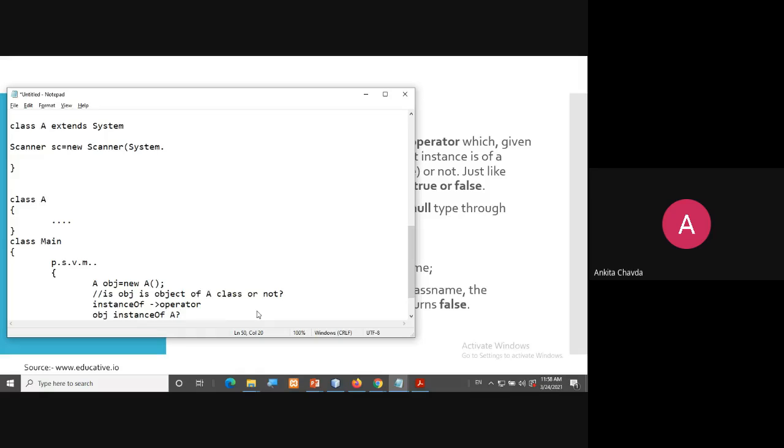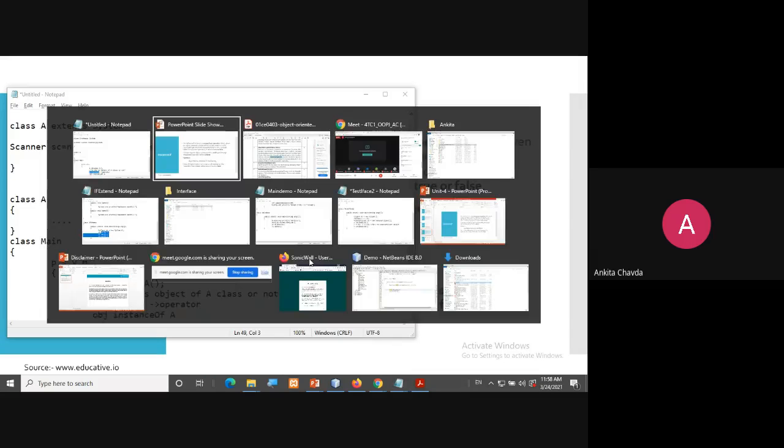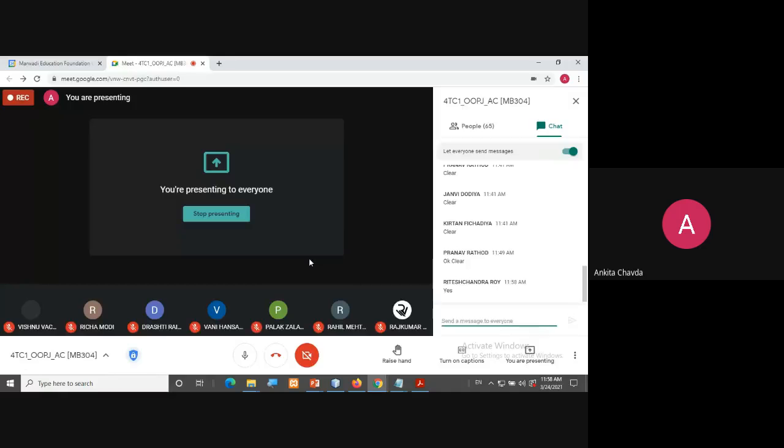Simple. Whenever I'm asking a question like this, it will return either true or false. So instanceof returns a boolean value. Simple to understand, yes or no. I'm showing you the example, don't worry.